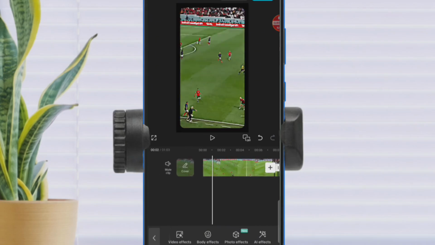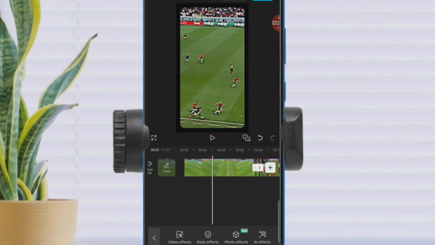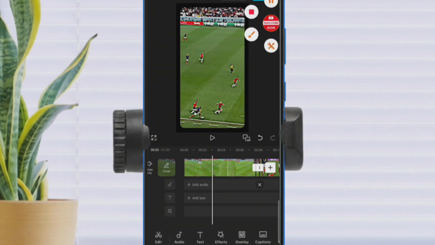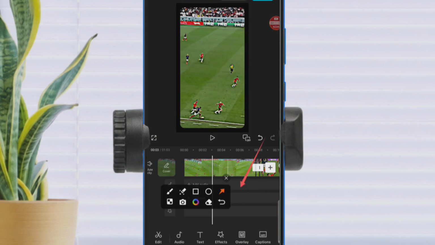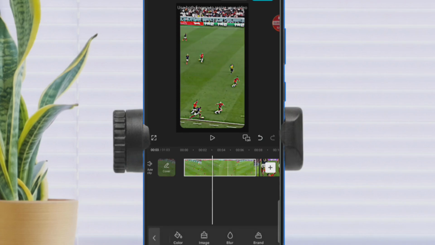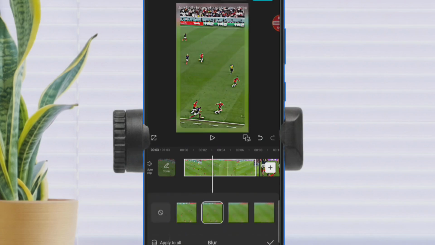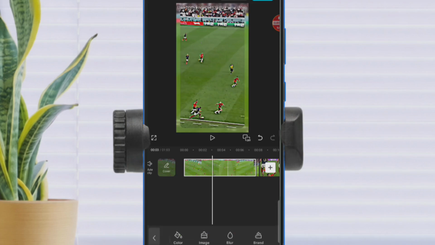Okay, so what I want to do now is, if I like, I can add a background to cover those black spots. Okay, and to do that I need to click out without selecting the clip at all. I'm just going to scroll down to the right hand side of the menu. I'm going to see background, I'm going to see blur. So I can use blur. Okay, and you are going to have this. You can blur it more if you want, and you can use just a mini blur, and if you like you can even use color or image as your background. Okay, it all depends on you.